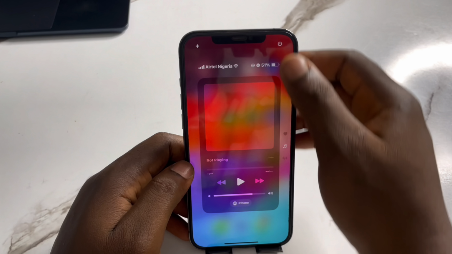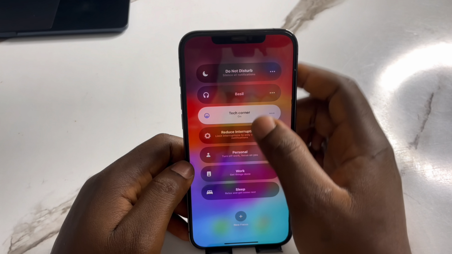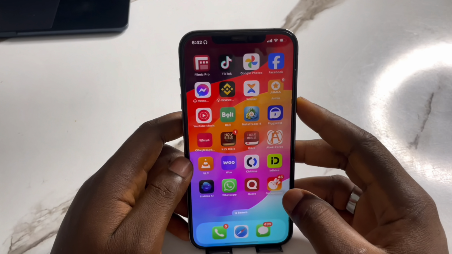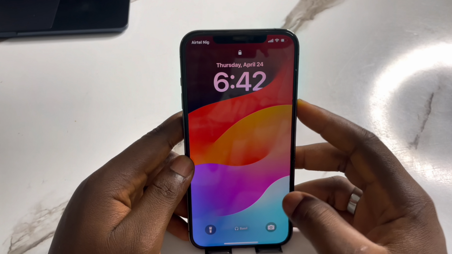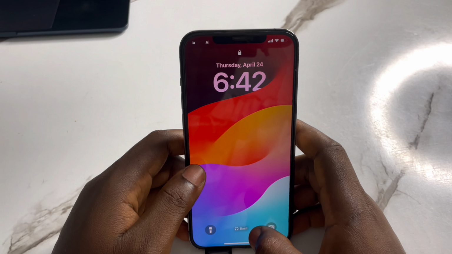Come back and bring down your control center. Hold on it. Select it. It's turned on. Then lock your screen and see if it works. Now you can see you now have Basi below here. So this is how to add your name on your